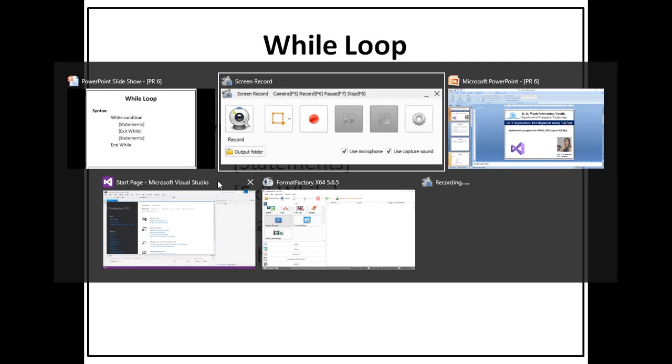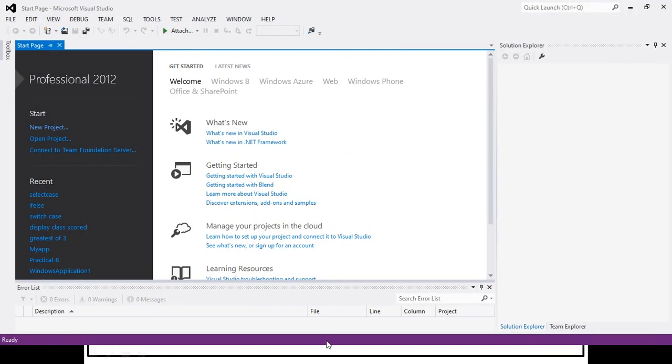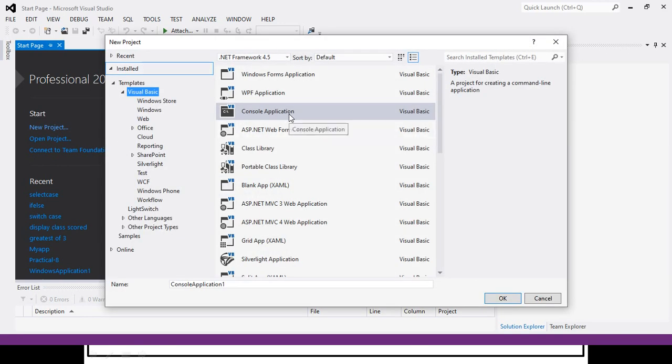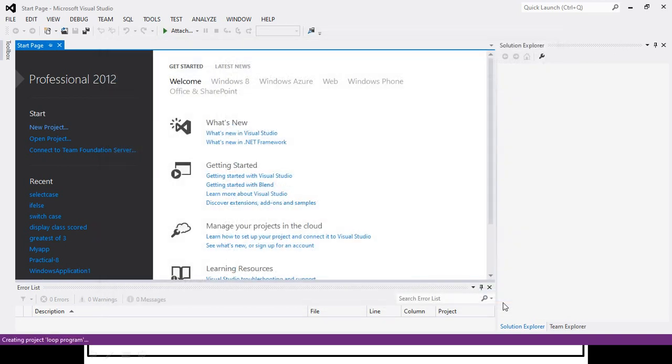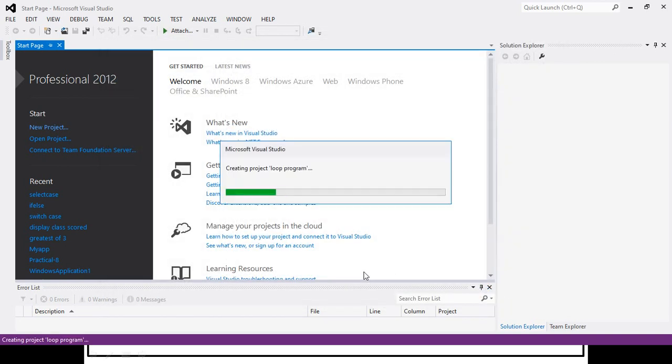in VB.NET. For that I will open my Visual Studio and click new project and select console application, and here I will give the name for my console application, that is loop program, and click OK.